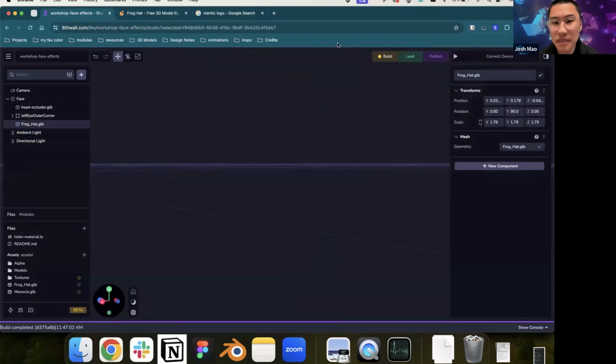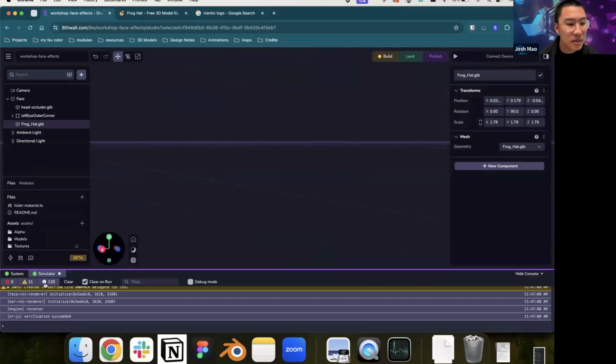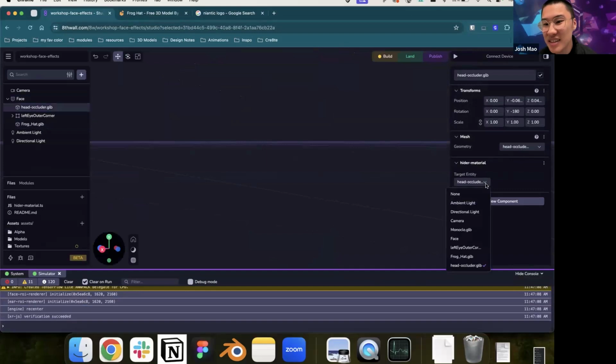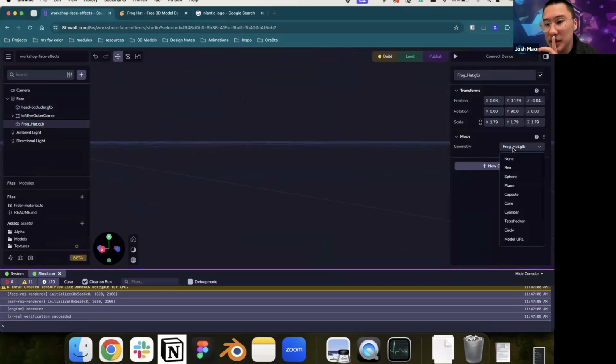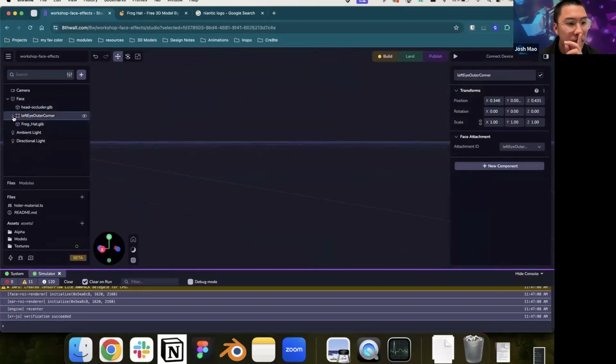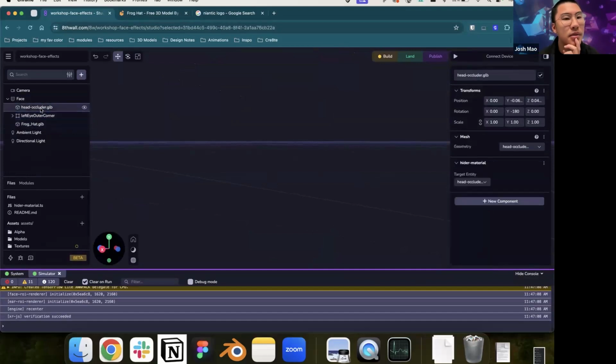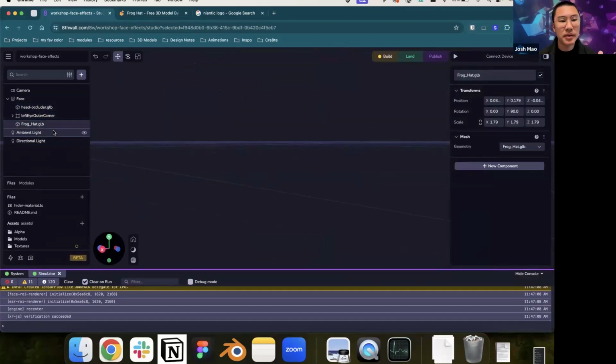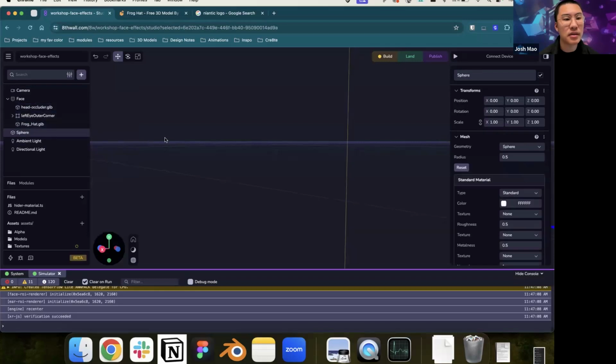Let's see what's wrong here. Any errors? Live debugging is always fun. Let's go to the occluder here. Head occluder, head occluder. Should be working. Maybe it's something to do with this GLB. Okay, well, I don't want to take up too much time on debugging because we want some time for questions. But I'll look into it. It was working with primitives at least, so maybe GLBs aren't working with the hider material. For example, if we have a sphere in here